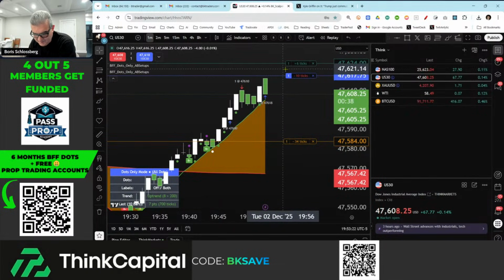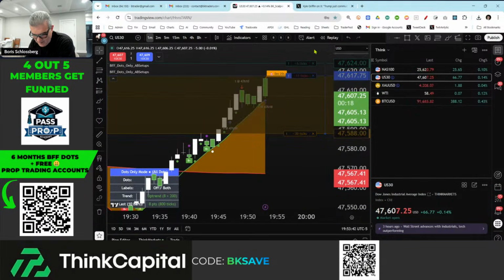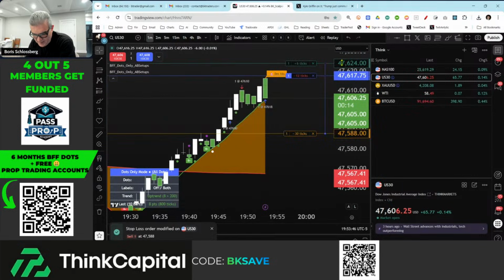Okay, that happens. I bought the sweep, and it took me 4 points above bid. So I got a really bad fill here. I'm in at 18. The target is 24, and the stop is 34. We're actually going to move the stop to 30 because I really don't need it to be any larger than that. And this thing is kind of retracing on me, so okay, that's fine.